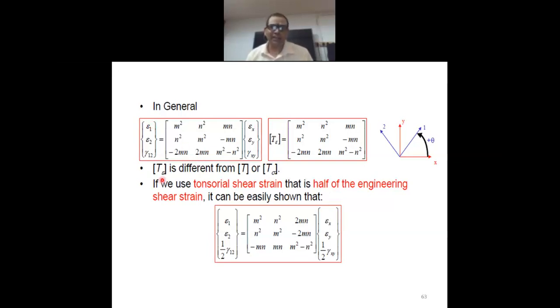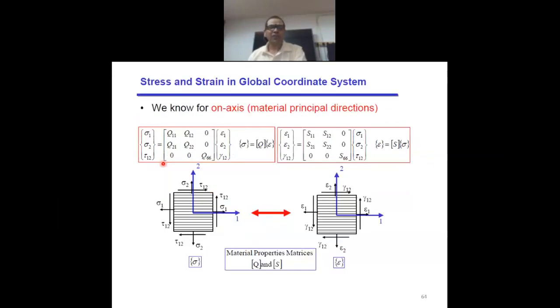The connectivity matrix, we give the new name T epsilon. We have given T sigma for the stress transformation matrix. We give T epsilon for the strain transformation matrix. So with that, why are these transformation matrices required? You may recollect that for the material